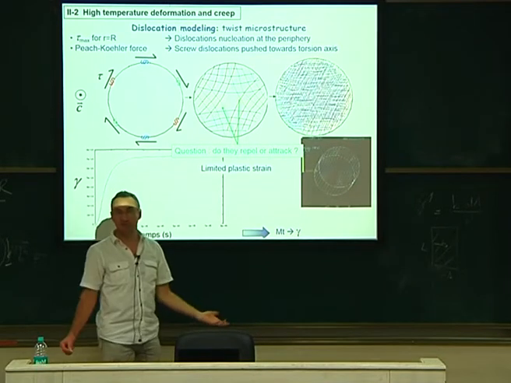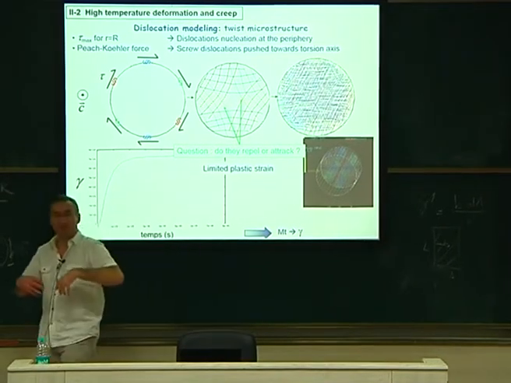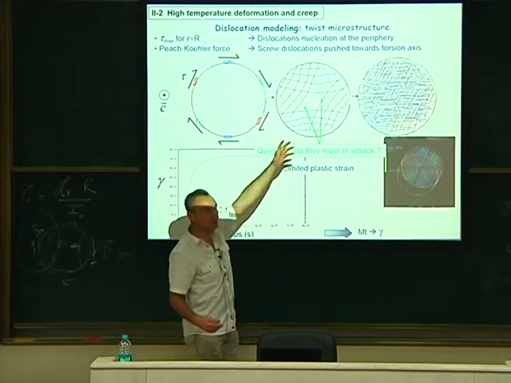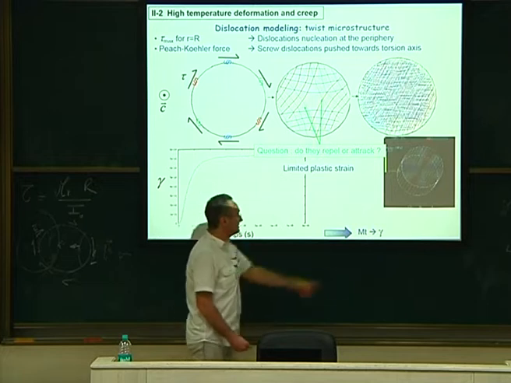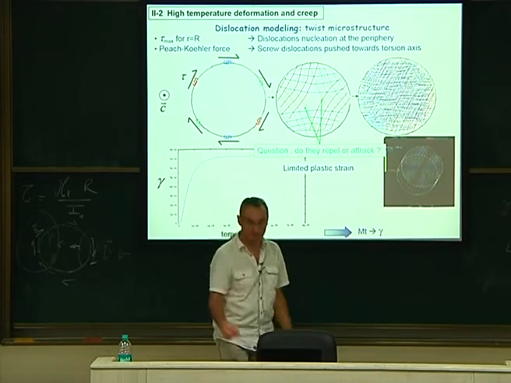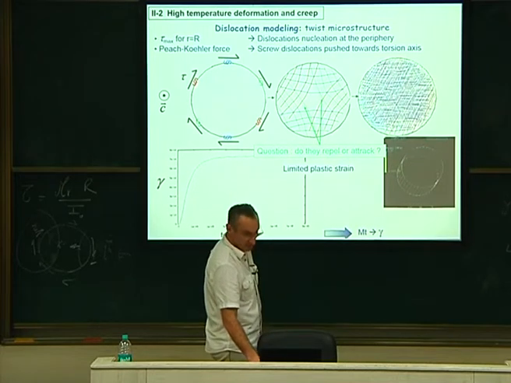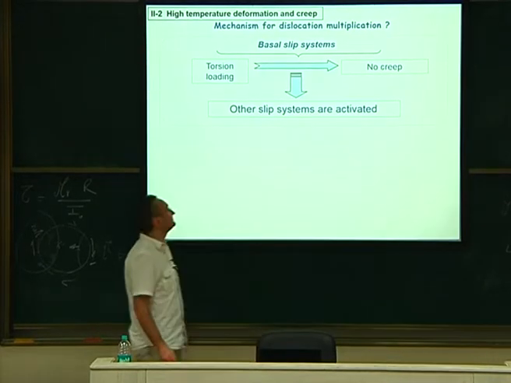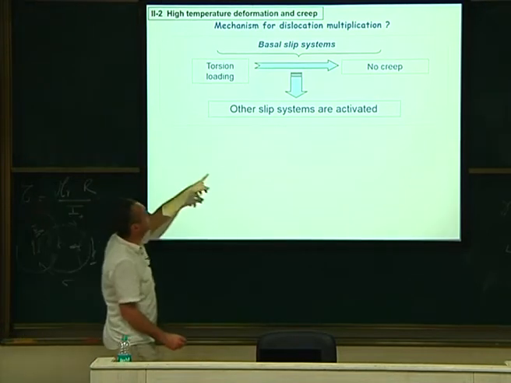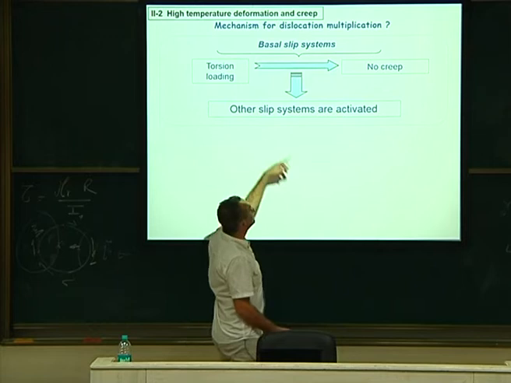So it's not like in reality. In reality, the process is continuous and you have creep. So we should always get a gamma increasing. So this is not like that. Here, for a given momentum, we have a fixed amount of gamma. There is no gamma dot. Gamma dot equals 0. So we should think of something else. If you have the basal slip system and you apply a torsion, then there is no creep. Another slip system should be activated.